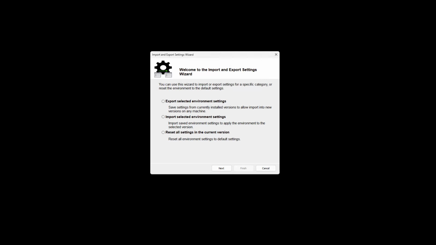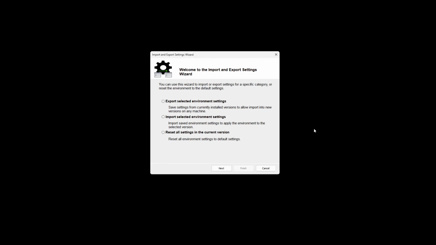New in IronCAD 2026 is an environment migration tool that allows you to import and export your settings from previous versions to the latest version. This will not only transfer your settings to the new version, but will also migrate the current new settings into your old settings. To use the tool, it can be launched at the end of the installation wizard, or it